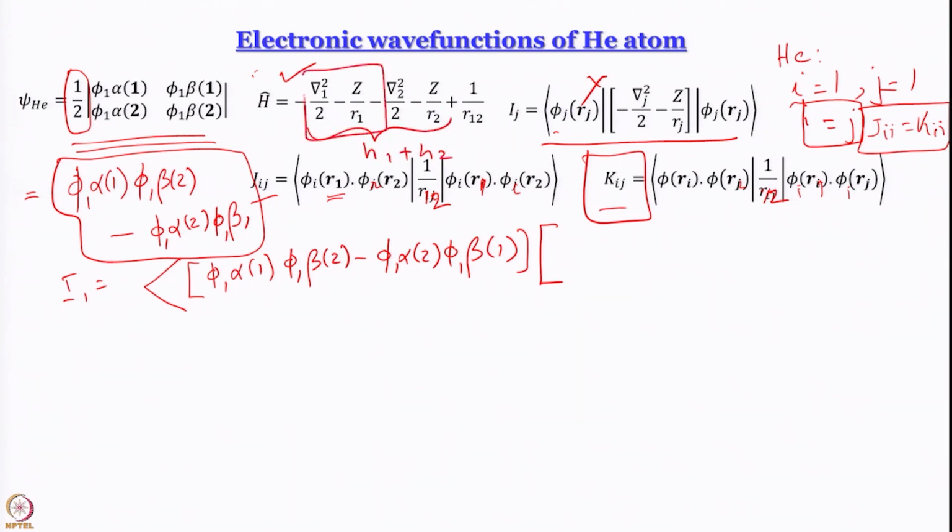This here is H1 for electron number 1, the one electron Hamiltonian, this is H2, the one electron Hamiltonian for electron number 2. So, I can write H1 plus H2 plus 1 by R12